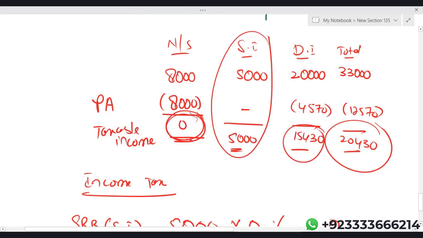Second, look at the amount. Obviously when taxable income is 0 in the column of non-saving, it means that a starting rate band is available. And now look at the amount of saving income. It is just 5,000. So obviously the entire 5,000 falls in a starting rate band, and where applicable tax rate